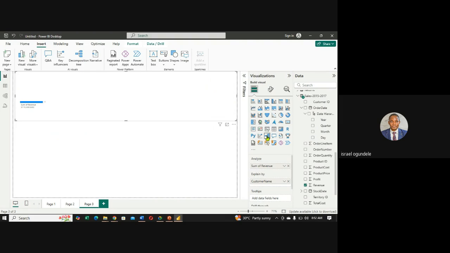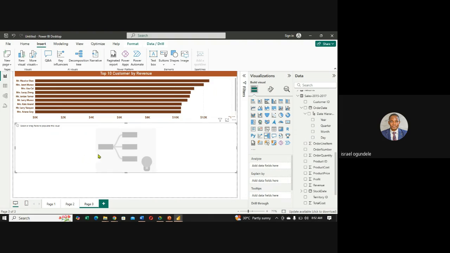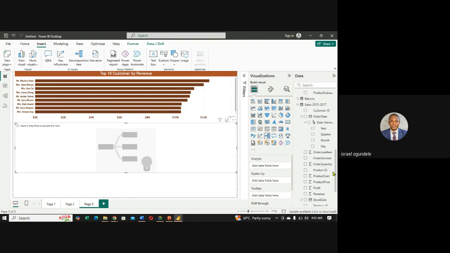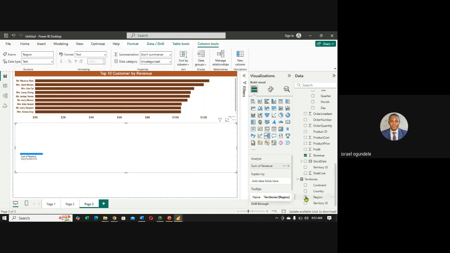let me go back. I don't need that. I use decomposition. I want to create something different. In decomposition, I can choose to add various things into this work. For instance, I can say sum of revenue. In my sum of revenue, I want to add region. Let's say I want to add